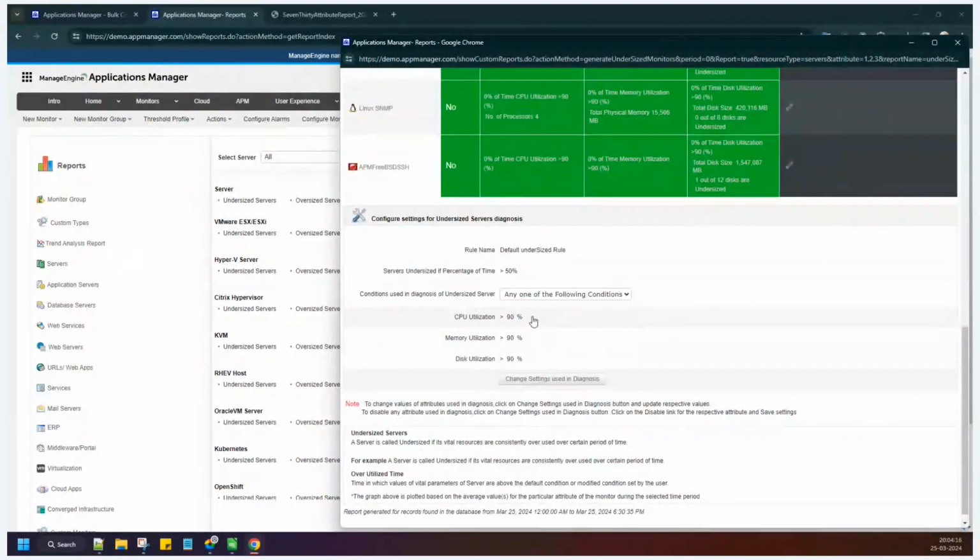For example, if the CPU is greater than 80 percentage for most of the times, and for those servers you want to generate this report and share it with your management, you can just give your own values here. So based on the values which we are defining for the CPU, memory, and disk utilization, the report will be generated, and you can share this report with your management and allocate the resources accordingly to the respective servers or